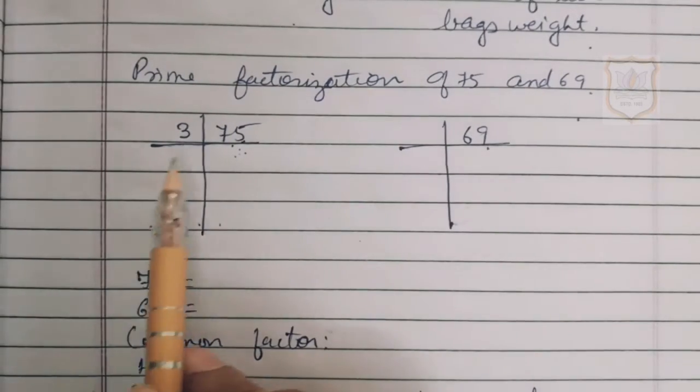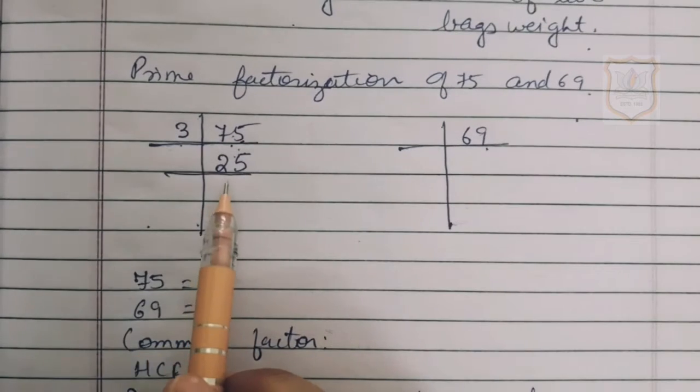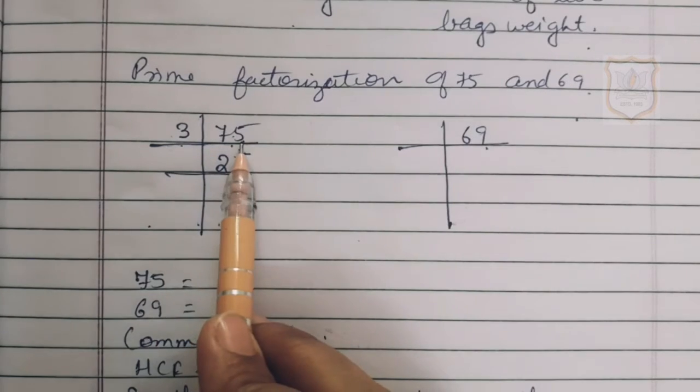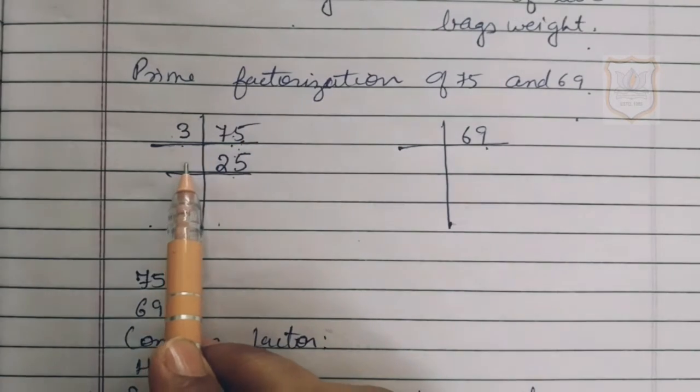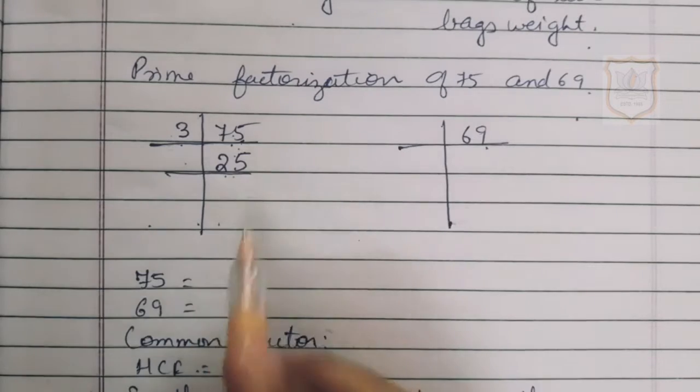Now we will divide 75 by 3. By dividing 75 by 3, we will get 25. 25 threes is 75. Now again here we have to use a prime number from which that 25 is entirely divisible. Here you all know that